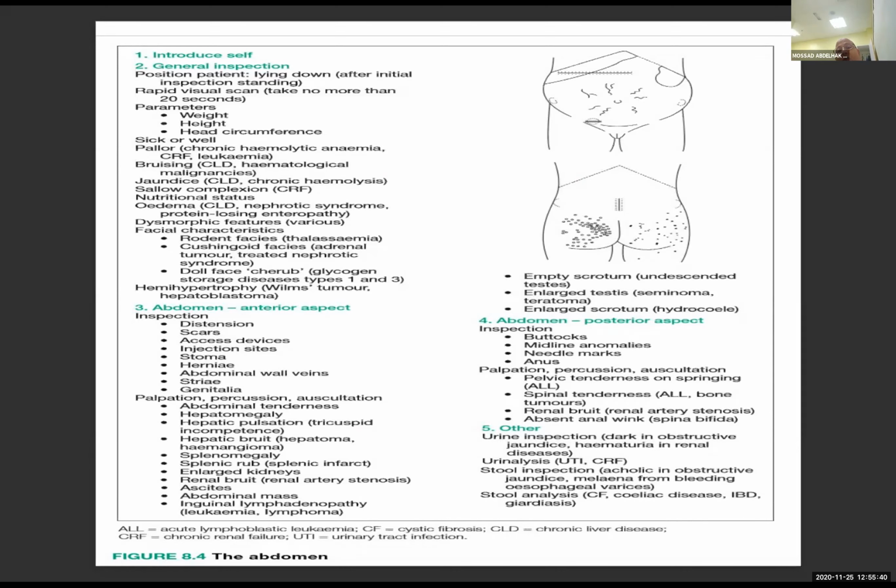Sometimes I asked you to examine the abdomen for a small scar here. And if you look at the head of the child, you will find his head is big. So he has hydrocephalus and was operated on by ventriculoperitoneal shunt. So you'll find the scar down. So everything can give you knowledge. So please revise this one, which is very important, how to examine the abdomen itself.